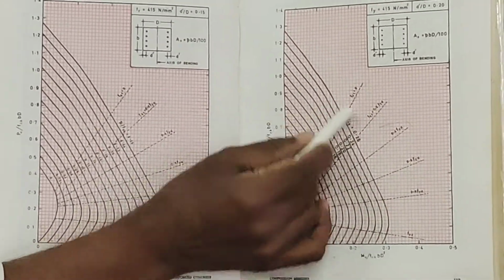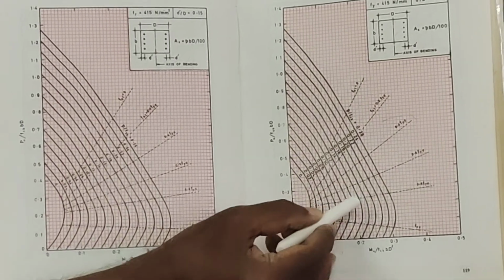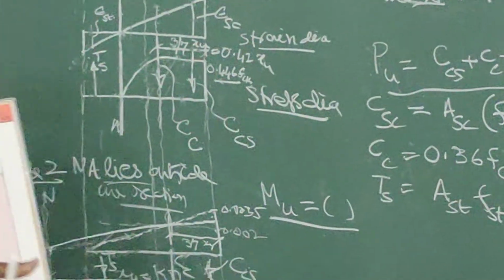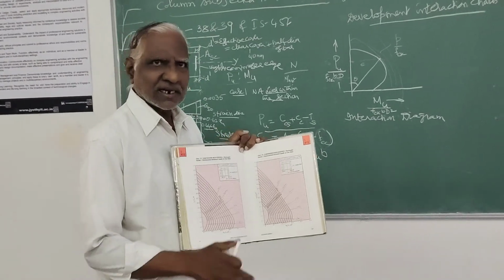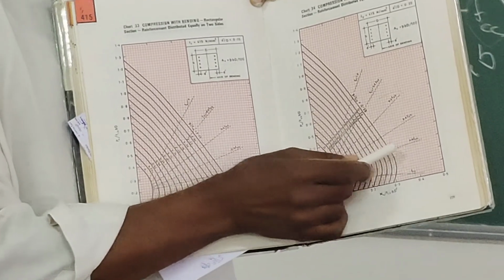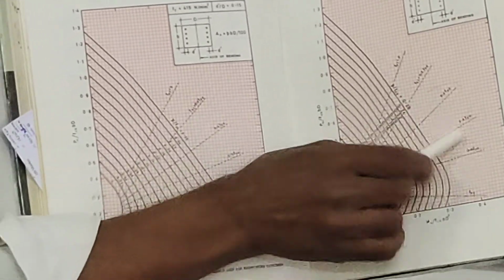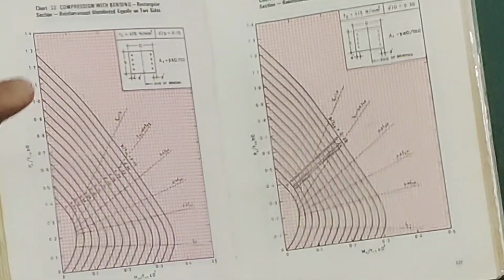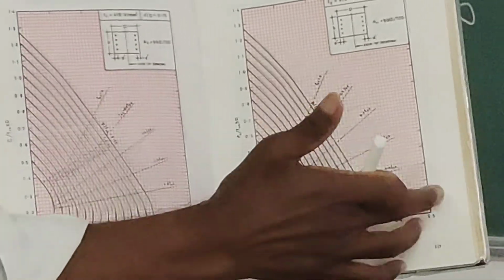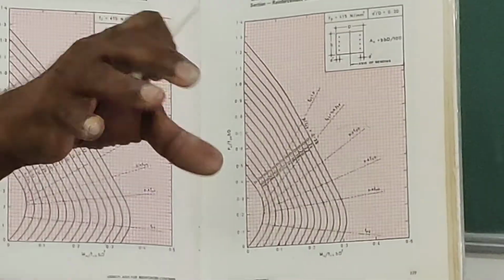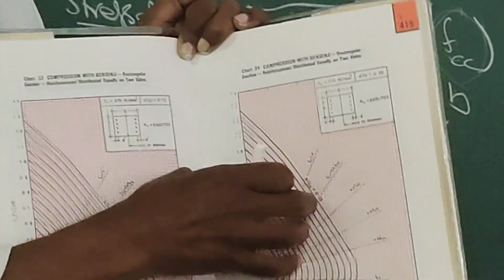This fst equal to fy line means, if your point lies on this line, that the outermost steel has just started yielding. That is the information you are going to get. Below this fst equal to fy line, the steel will be under an inelastic condition. Whatever strain has been developed is inelastic, and we are not going to touch on it. So that information also you are going to get straight away from this.